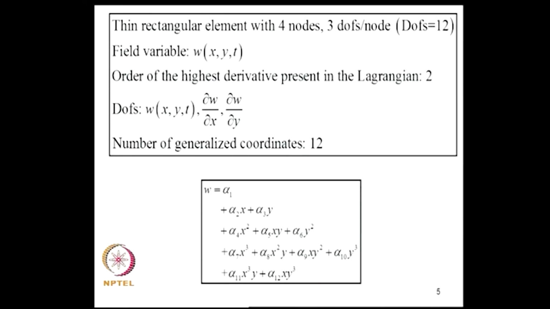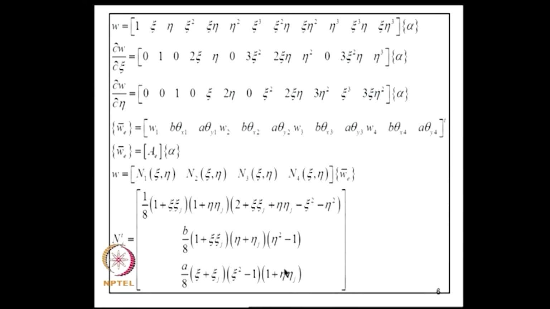So, we started discussing this thin rectangular element with 4 nodes, 3 degrees of freedom per node, so that the element has 12 degrees of freedom. The field variable was W, and again the number of generalized coordinates needed based on these considerations is 12. So, we use this polynomial. After quadratic terms we use the complete cubic terms and 2 fourth order terms, x cube y and x y cube. We analyzed this problem, and in the non-dimensional coordinate system